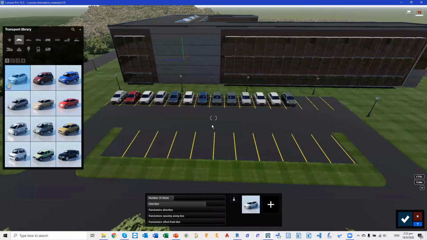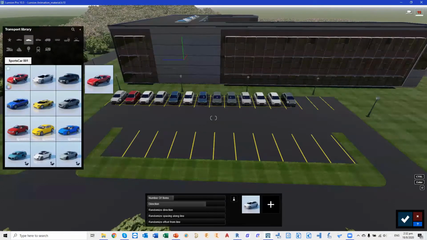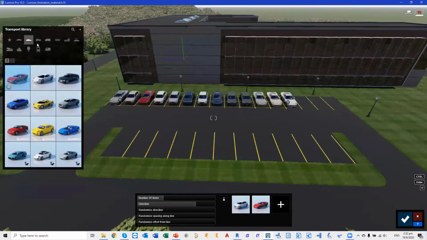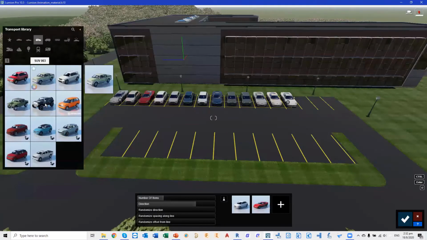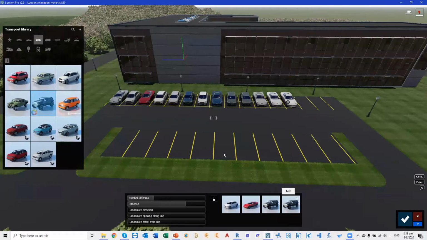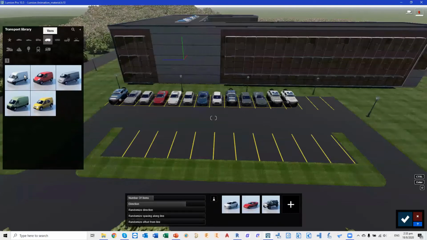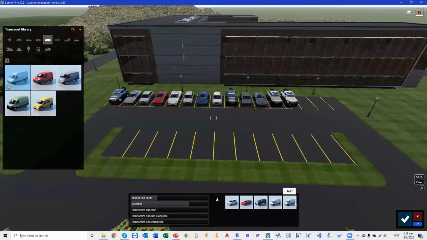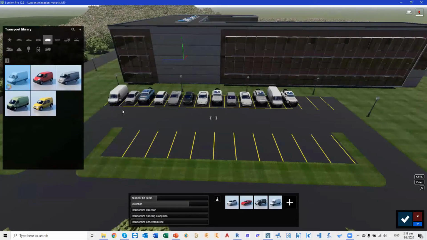And then we can also do some variation of the cars, because you can see now the cars are looking pretty much the same, right? So I'll go to the sport car, and then let's put in some different vehicle here. And then I'll go to the SUV, and then the vans. Okay, so now you can see a different variety of cars within the parking lot,